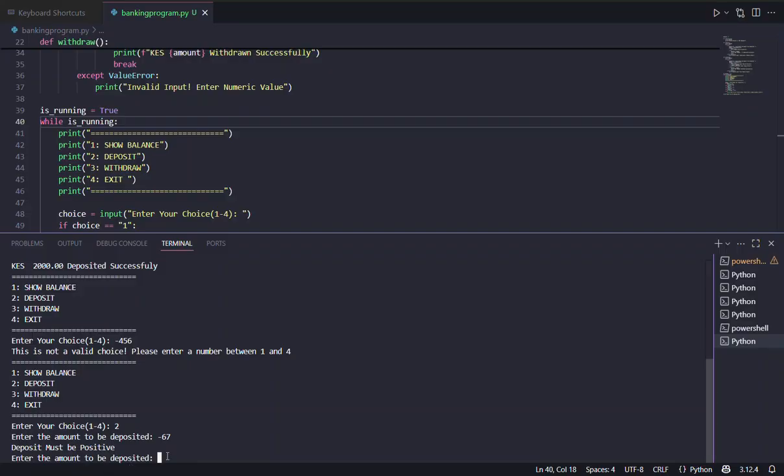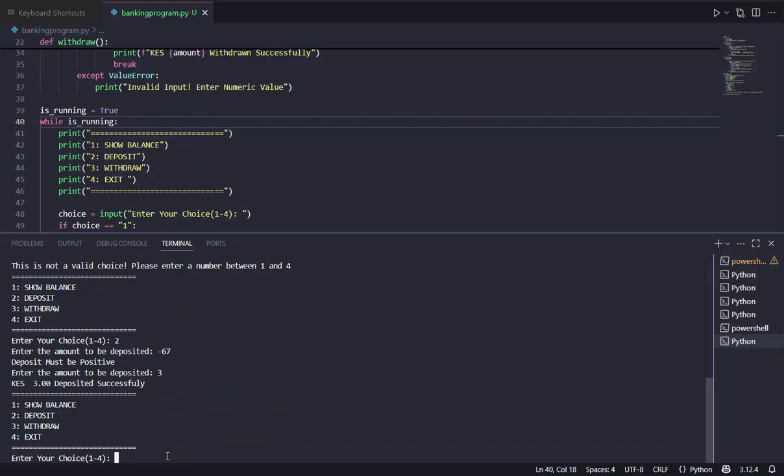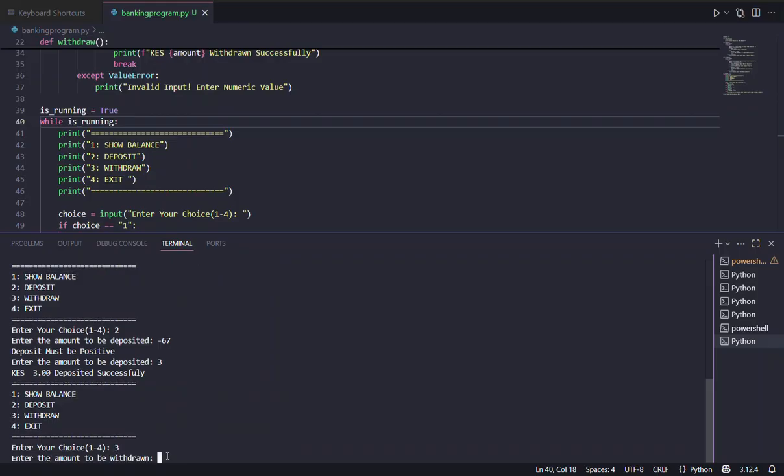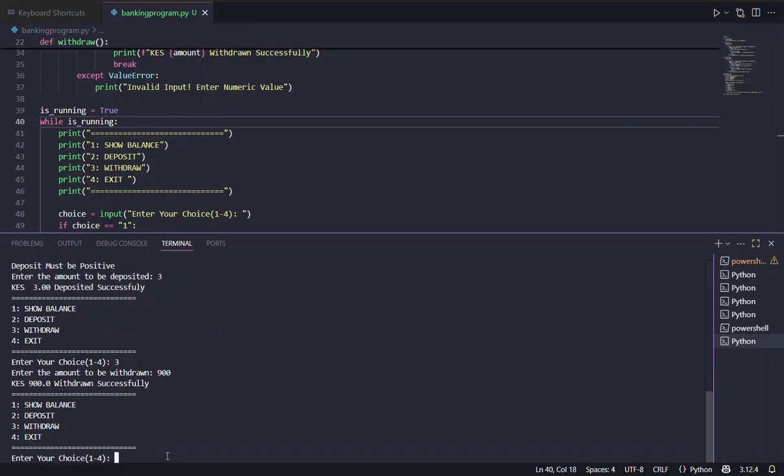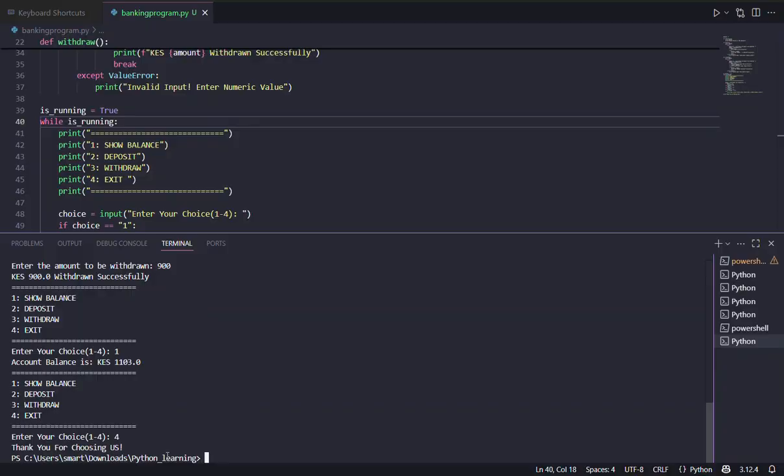For withdrawal again, if I select 3, amount to be withdrawn 900. So if I want to show my balance, it is 1103. So you can see my program works well. If I want to exit, thank you for choosing us. So this is how a simple banking program